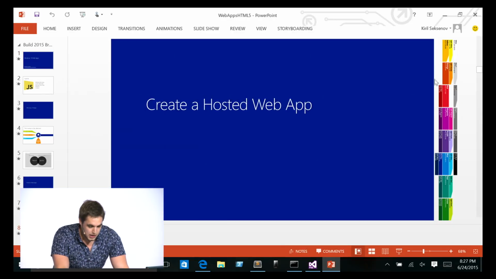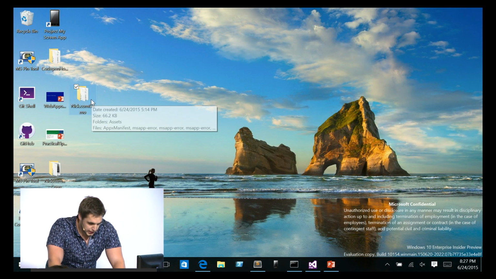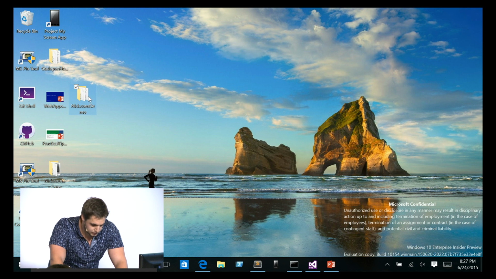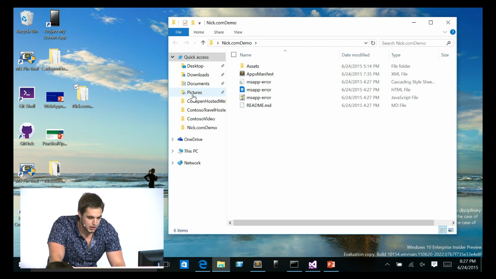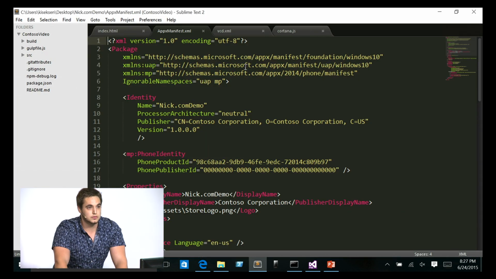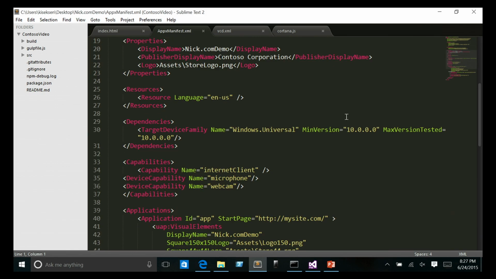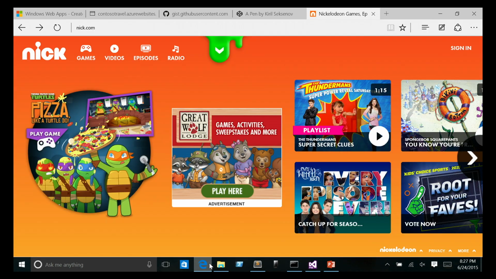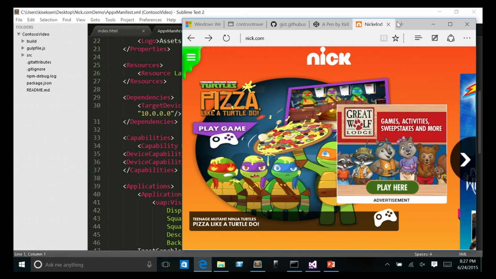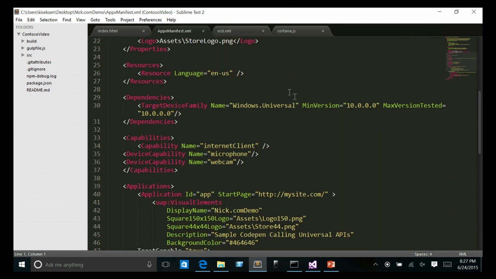So for creating a hosted web app, I just wanted to show how easy it is, and it's great to start off with a demo. What I'll do is I have this prepackaged folder. Let's open it up. And in here, I have an XML AppX manifest. This is the manifest that's used for web apps on Windows. I wanted to show how easy it is to wrap a responsive website that runs great in Microsoft Edge. I was going to take nick.com. So all I'm going to do is with nick.com, copy the website URL, place it as the start page in my manifest,